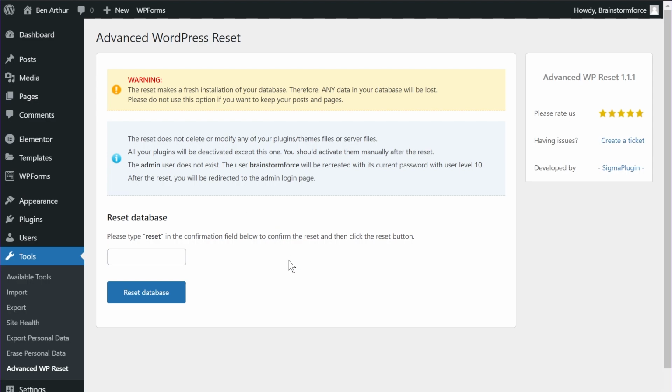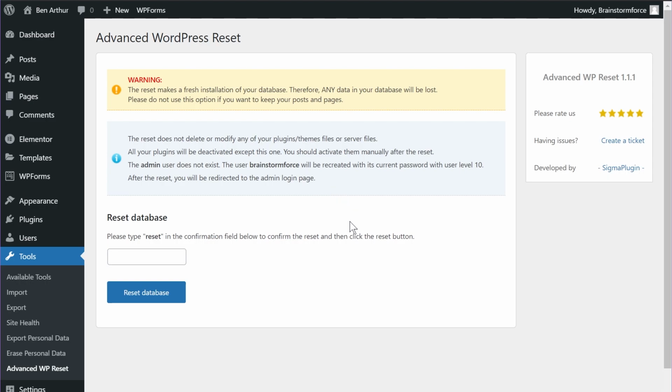First things first, every post, page, custom post type that you have on your website, that means all the content will be deleted. So make sure you have everything backed up if you want to preserve that data. Second, all the plugins and themes on your website will be deactivated except this plugin itself. Third, your current user, if it's an admin user, will not be deleted but will be recreated with the same credentials. So you will be able to log into your website using the same credentials. And everything that I talked about is also mentioned right here. So you can just pause the video right now and read everything that I just talked about.